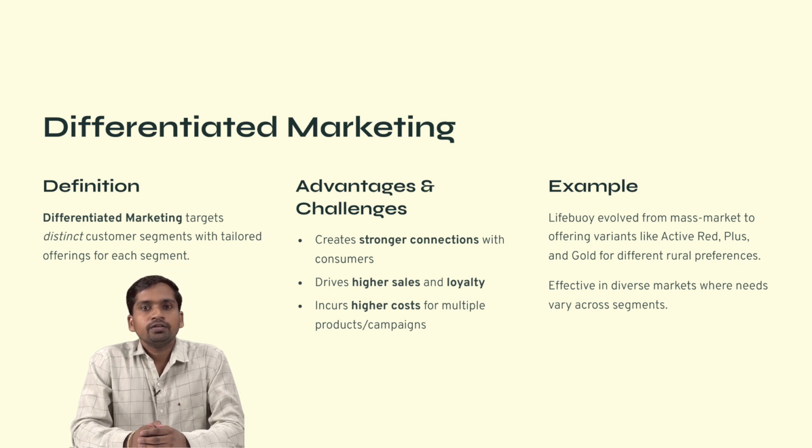Lifebuoy soap is a good illustration. Starting as a mass market product, it later introduced distinct variants like Active Red, Plus, and Gold to cater to different customer preferences within the rural market. This strategy is particularly well suited to diverse environments like rural India, where needs and preferences can vary significantly. Our third strategy is concentrated marketing,